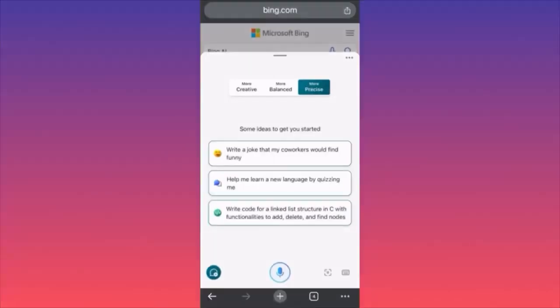So in this particular example, I want to show you, all you gotta do is to click on the lower right corner where you see the small keyboard sign.